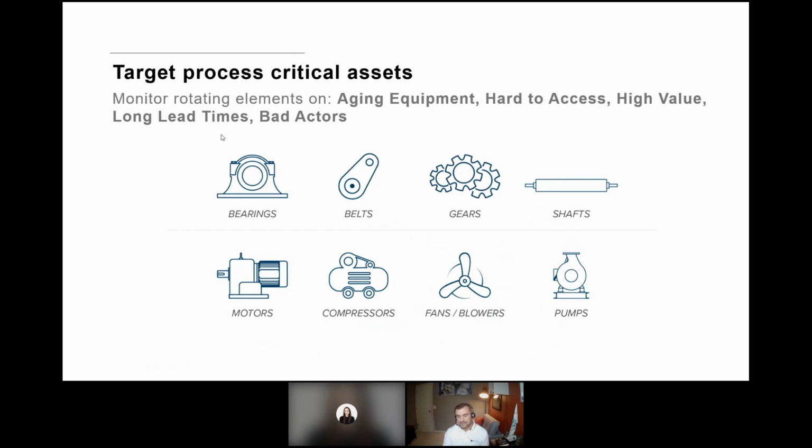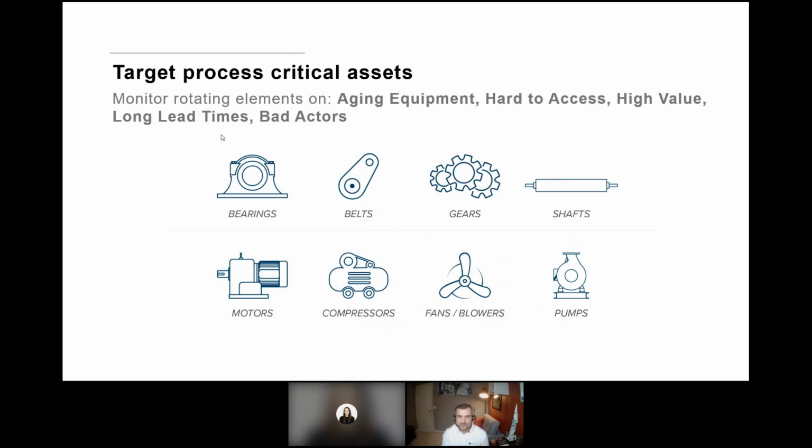Assets that are hard to access, like rooftop blowers, where if it does cause an outage, you might have to have a crane come in and cause a lot of issues. High value assets, like motor gearbox combos that are $250,000 at some facilities. And then historically bad actors, things where you've seen previous faults.